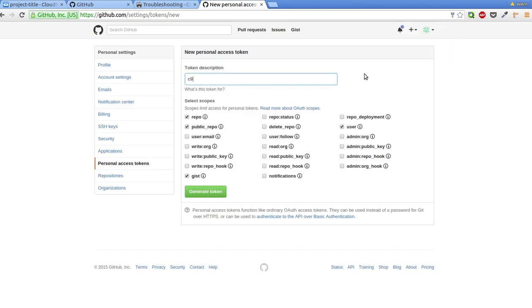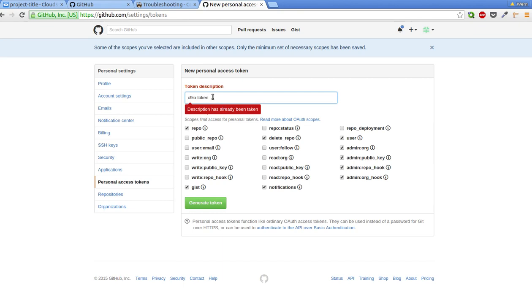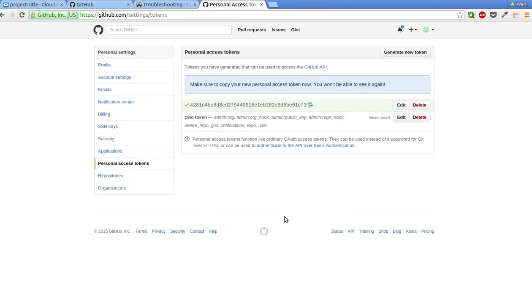So now we should say C9IO token, then click everything, then click on the generate token button. Description has been taken, so just say token2. So this is now the generated token, so copy this using this button, copy, and then